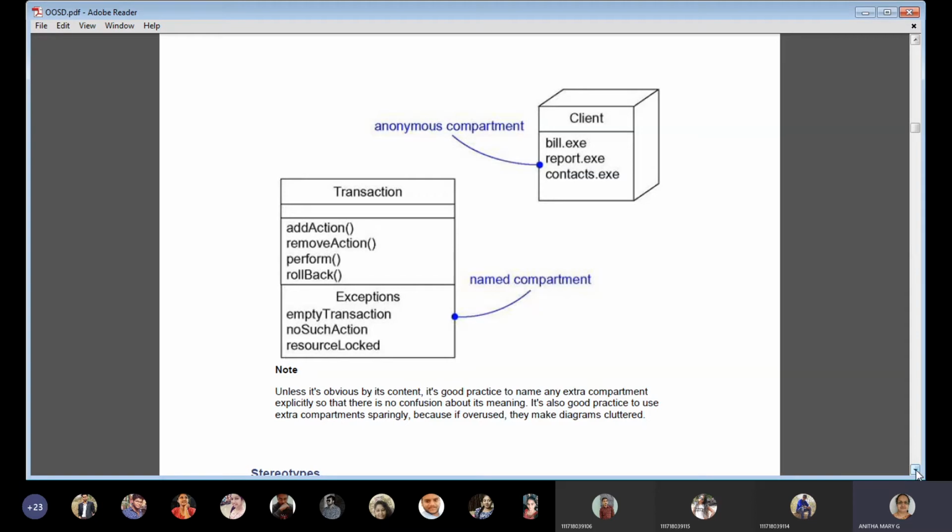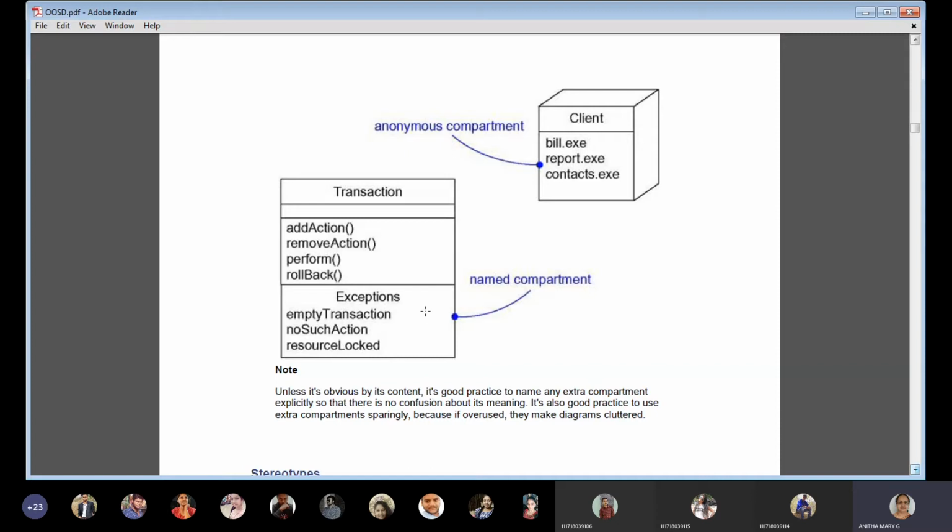Okay. So here the fourth compartment for classes is responsibilities. Similarly, not only for the classes, we can also give different compartments if needed for other basic building blocks also. In adornments we can talk about two things: anonymous compartment and named compartment. Anonymous means which is not named. Named compartment means the compartment which is named.